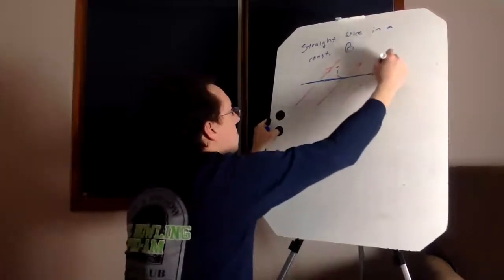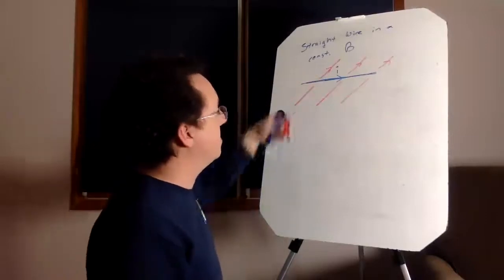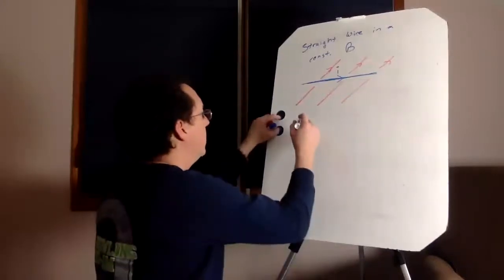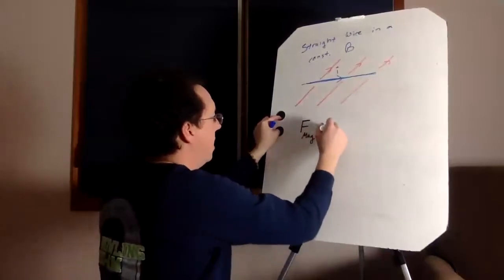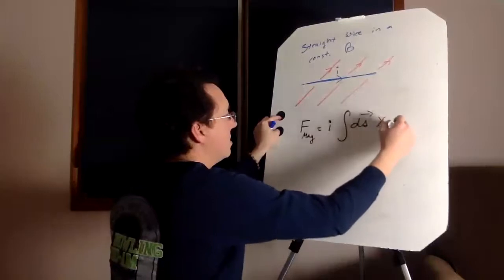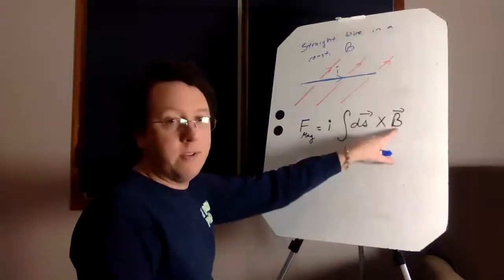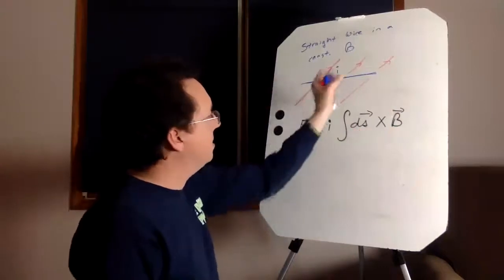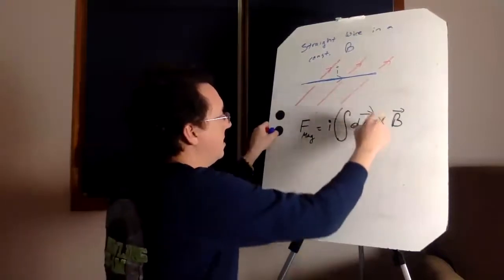The formula we get will be uniform, will work for any arbitrary magnetic field. And that's why this is a completely universal result. The formula we claimed for the magnetic force was I times the integral of ds vector cross the magnetic field. But if you think about it, the magnetic field has constant magnitude and constant relative angle between each little arc length differential. And what that means is that this integral,